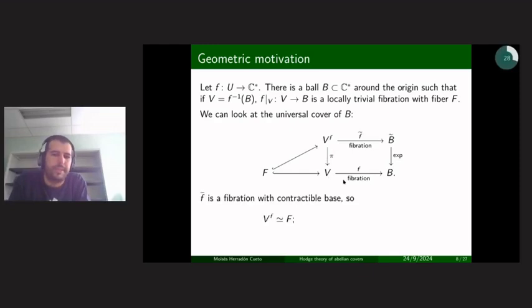But now something more has happened because this was a fibration. So its pullback is a fibration over a half plane, which is contractible. So it's a globally trivial fibration. So up to homotopy, it's the fiber. Any inclusion of a fiber is a homotopy equivalence, and this means that the homology groups are the same. For example, the analogous thing to Alexander modules here are always finite dimensional, because F is an algebraic variety and it has finite dimensional homology groups.